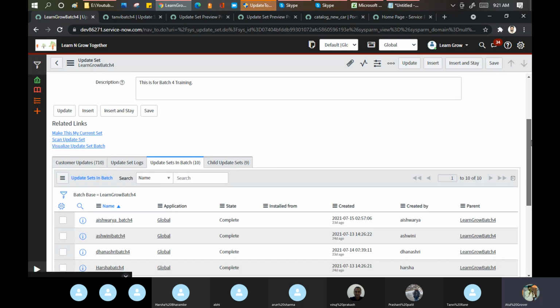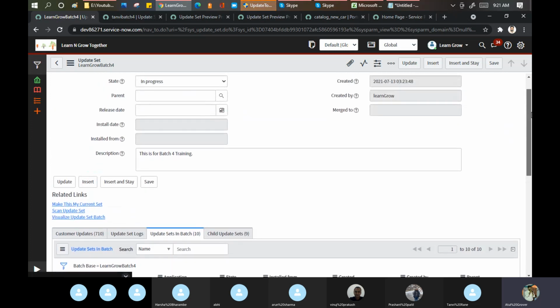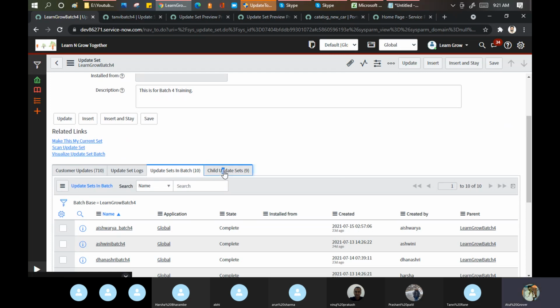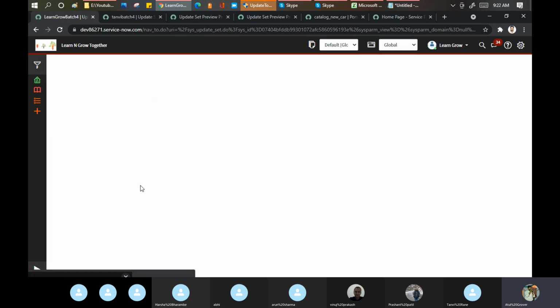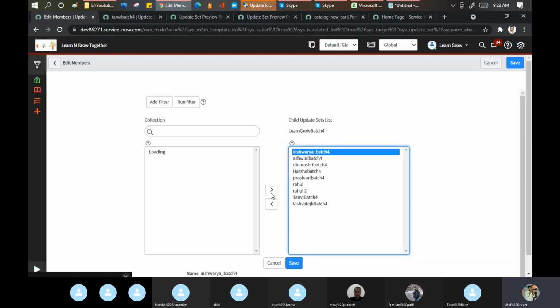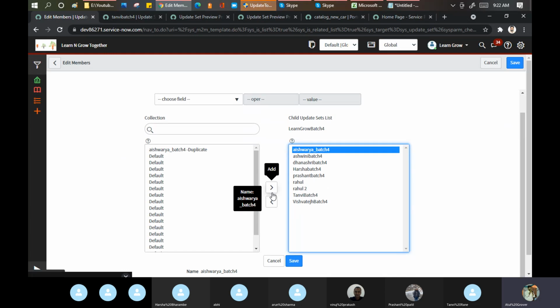I want to remove everyone's update set from my update set now, so that I can show the changes. Okay, it is good. Let me do the edit part quickly. Now I'll remove everyone's changes from here so that I can commit my update set.